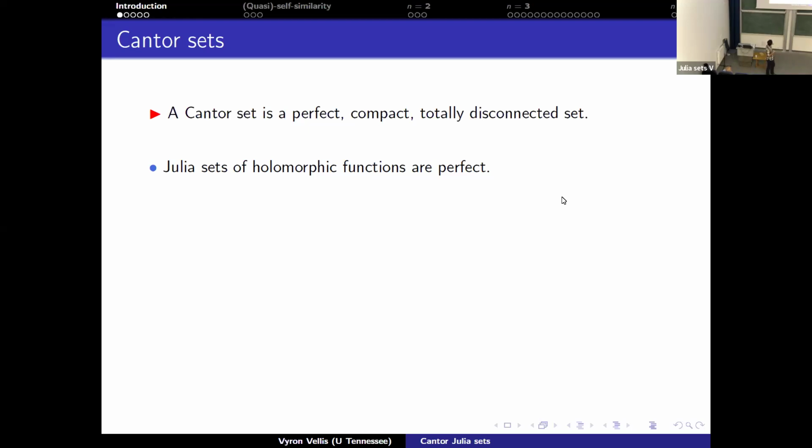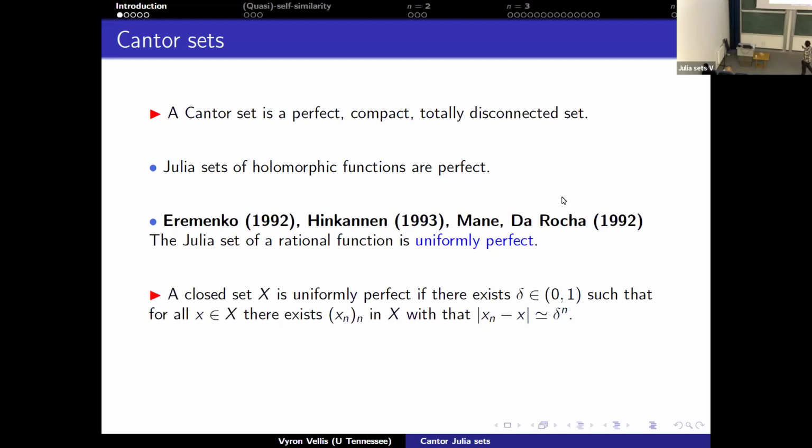Now, this fact was later generalized further for rational functions. And I had a discussion yesterday about how hard it was to disseminate math back in the day. So this is a brilliant example. There were 3 papers the same year that proved exactly the same thing, and they had almost the same title. Mañé, Hinkkanen, and Mañé-da Rocha independently proved that Julia sets of rational functions are uniformly perfect. Now, uniform perfectness, if you haven't seen the definition before, says that every point is an accumulation point, but the accumulation cannot happen too fast, at most in a geometric fashion.